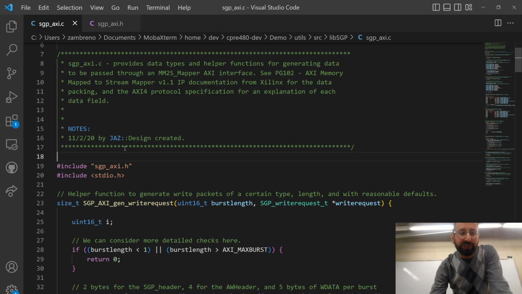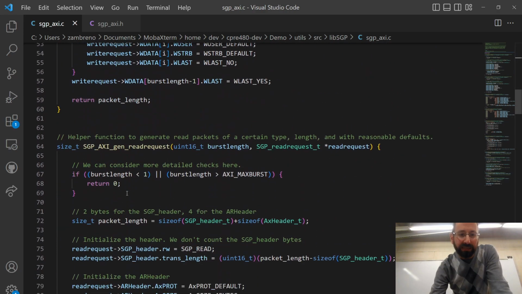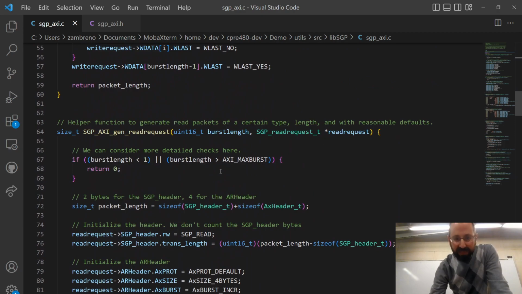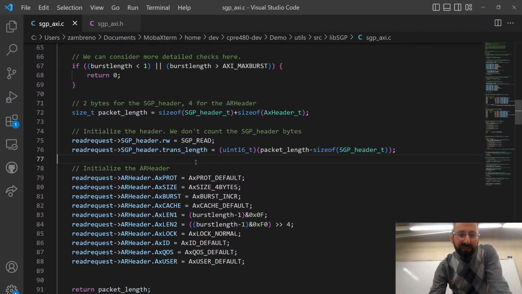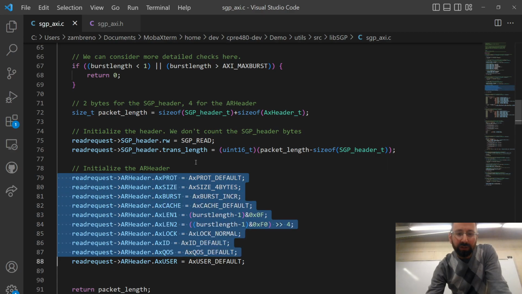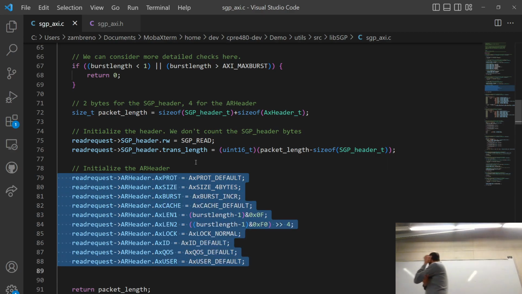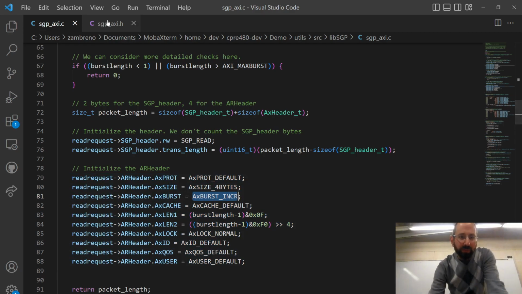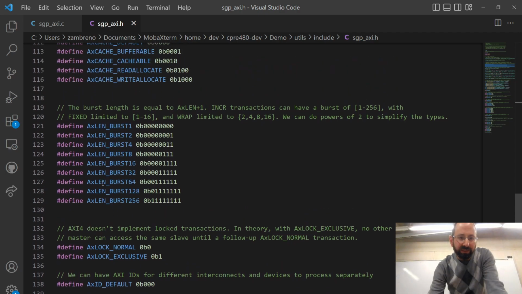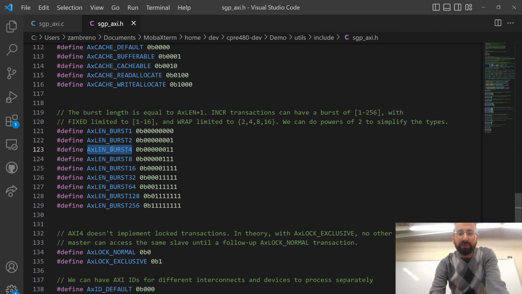Then when we actually want to generate, let's do a read request because that's what we're talking about right now. We have some data that we're interested in sending, and we then just set in that structure those signals corresponding to, going to your question, AR burst, AR size, and AR length. For burst, we always do AR burst increment mode, which would be defined in here, but the actual bit field for it doesn't necessarily matter. We're always sending in this system a 32-bit value per beat of our burst